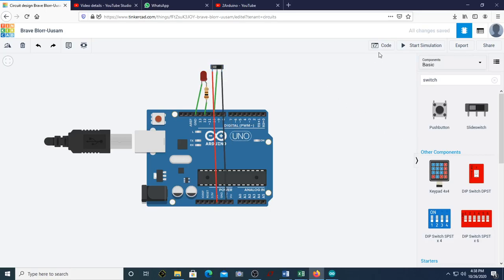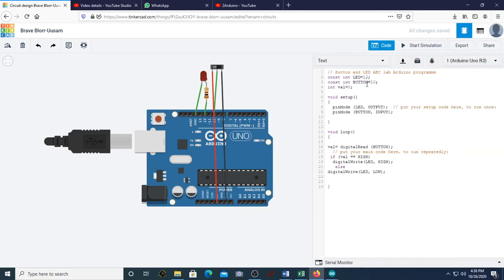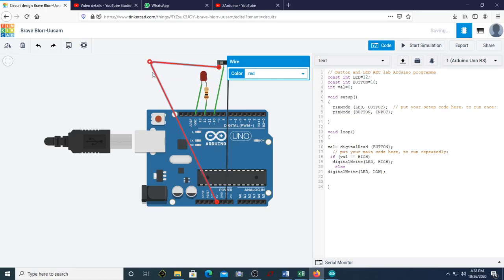Okay, for that you can see this is the code. This is the pin number of the LED, which is 12, and the button is connected to pin number 10 here. If you can see, this is pin number 10. Let me make this slightly go this way. Now you can see this is 10, and here we are defining an integer by the name val, assigned with an initial value of 0.